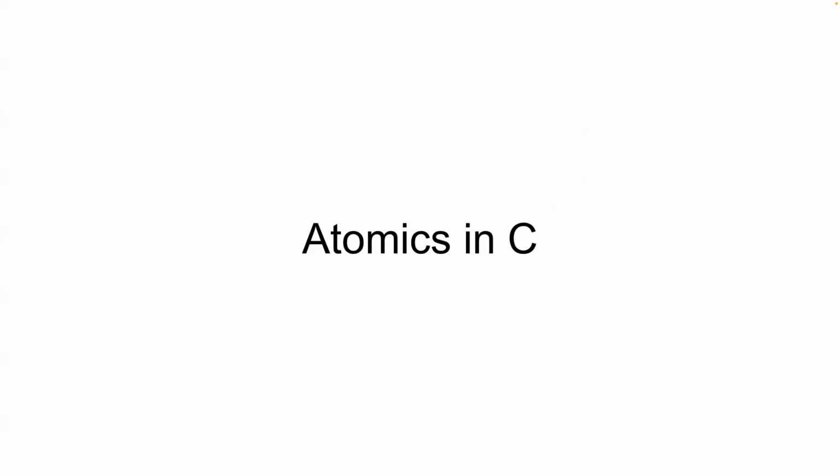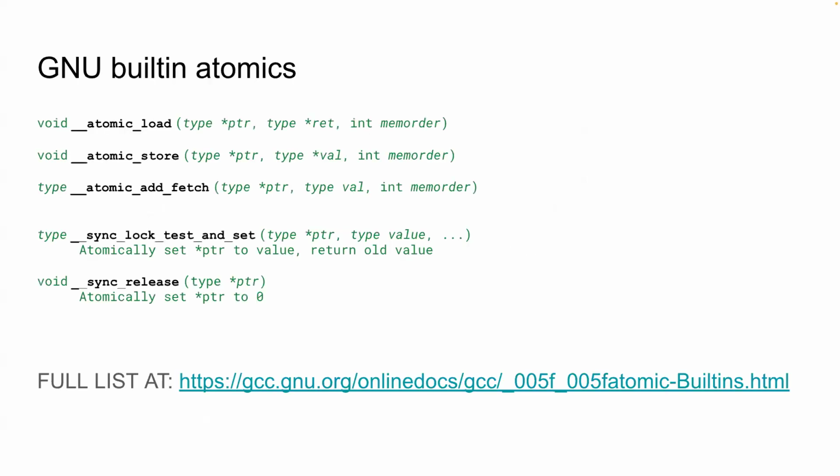So how do you write atomics in C? This is what the next section is about. So instead of writing x = x + 1, the language provides, at least the GNU compiler and a bunch of compilers, a bunch of atomic functions, which, if you use these, the compiler will guarantee that the code it spits out is atomic inside